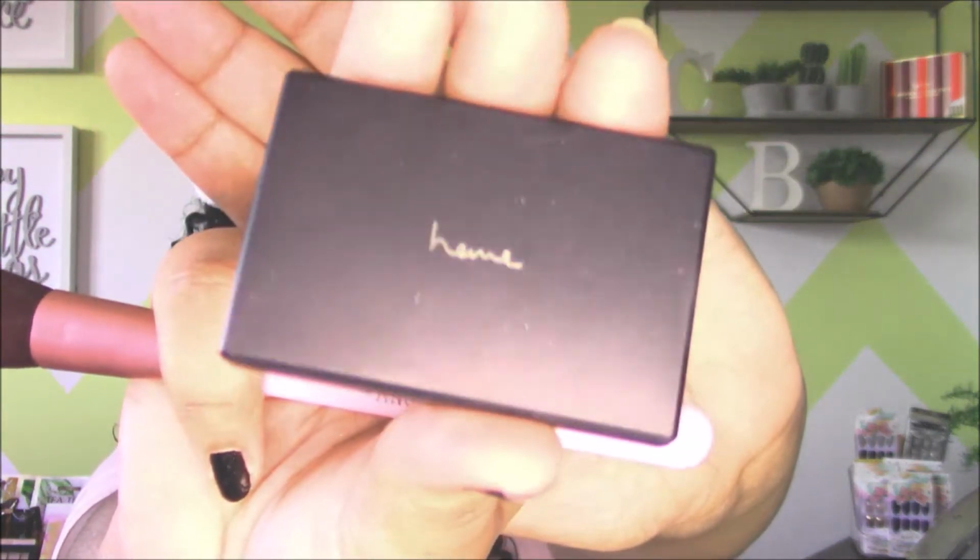So now that we're done with all the contour and all that fun stuff, I'm going to go in with my angled brush and apply the blush of my choice, which, if I can find it, psych, which is right here. It's called Home. It is a Dusty Rose Pure Cheek color. So this little box here, it just says Home on the top. I don't quite know who it's by,